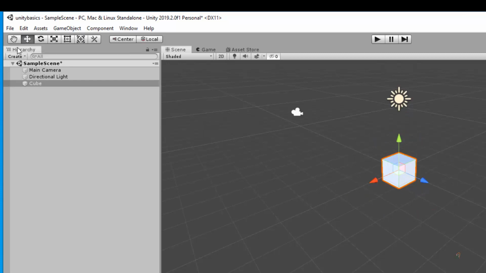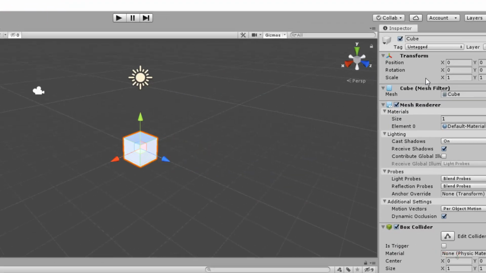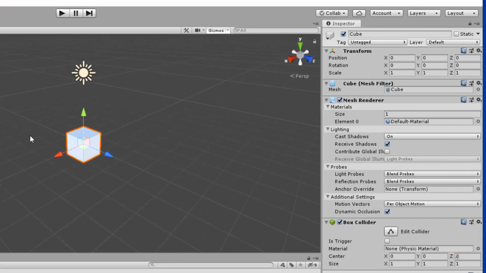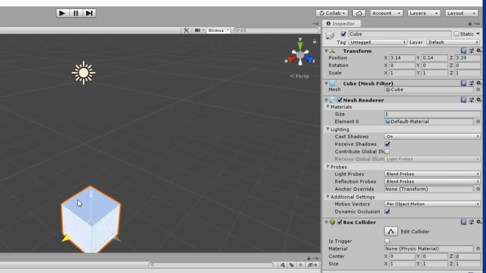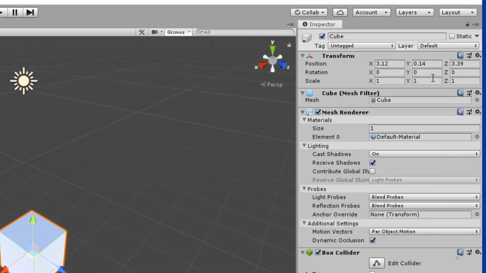Right now I'll press W, this is the move tool, and if we come to the right in the inspector, in the transform window, you can see the position of this component. Right now this is placed exactly at the center of the origin, 0, 0, 0. If you want to move it, we are seeing 3 arrows over here. The red represents the x-axis, the yellow represents the y-axis, and blue represents the z-axis. If we hold here and drag it, it moves along the z, this moves along the y, and this moves along the x. As you move, the position values here change.